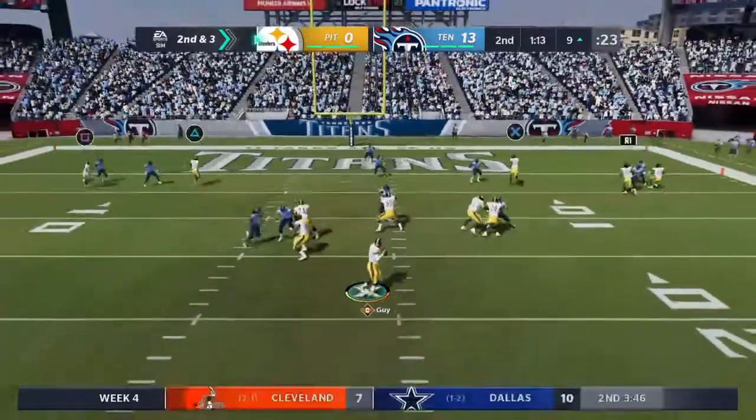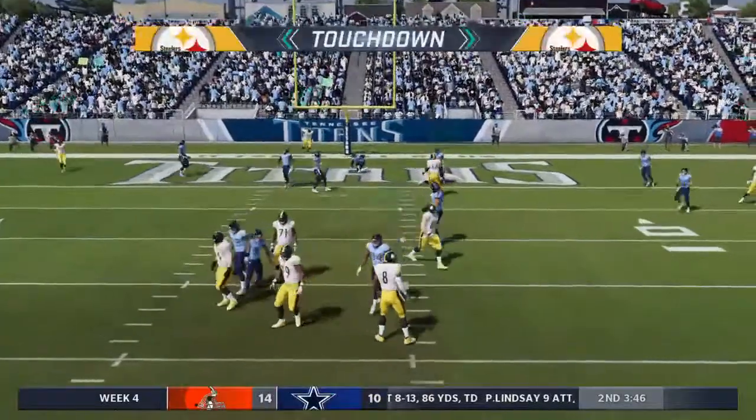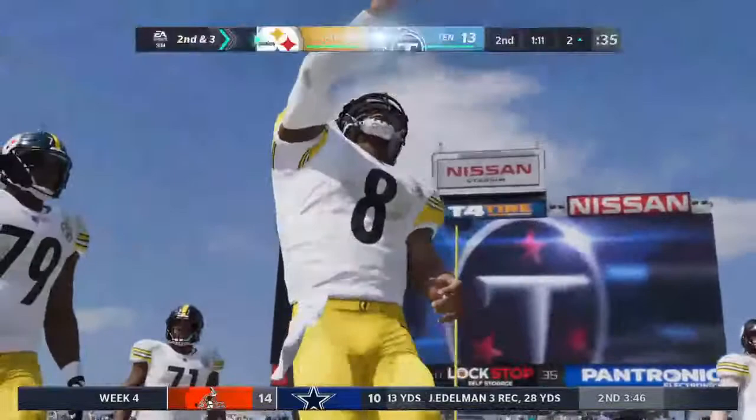2nd and 3 from the 9. Got his man, it's caught for a Steelers touchdown. Devontae Parker with...